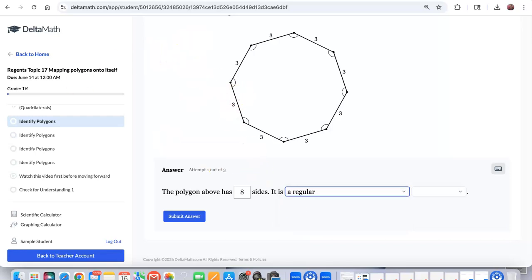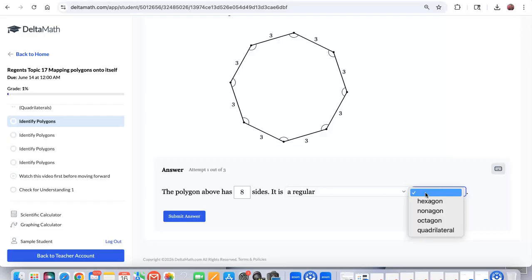So please make a note of that, and I'm going to write it in the text. Regular polygons: equal angles and equal lengths. If all the angles are equal and all the lengths are equal, then it's a regular polygon. And